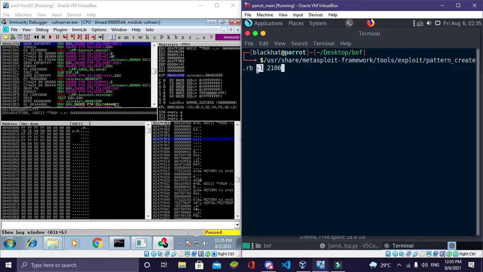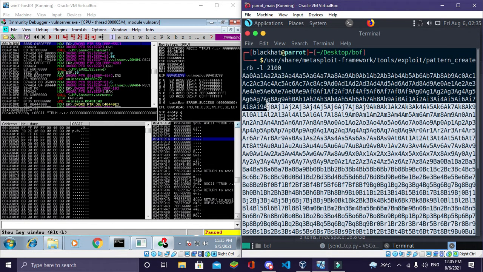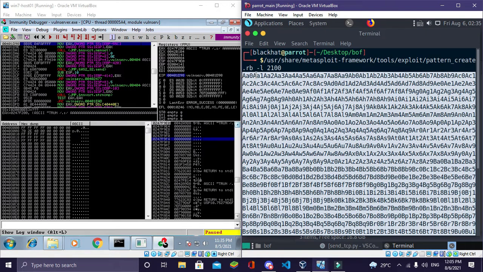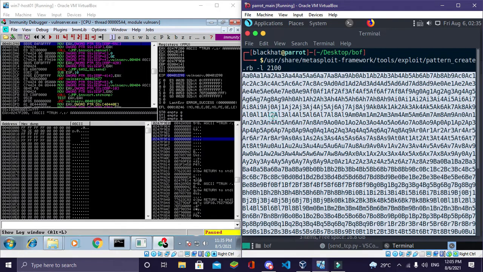If we talk about these options, this is -l, which is telling this program that approximately this program breaks at 2100 bytes, which we have found earlier. Now this program will create a pattern, and we have to send this pattern to that server, so we can get back our EIP value and find the offset correctly.